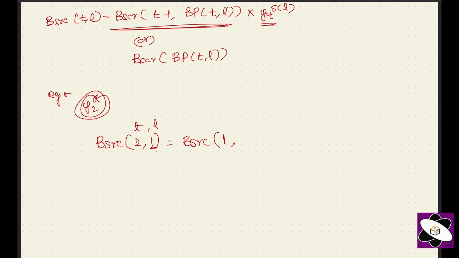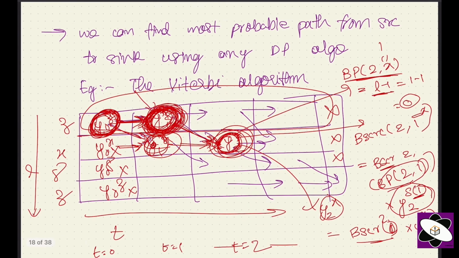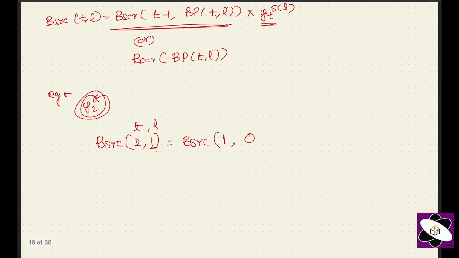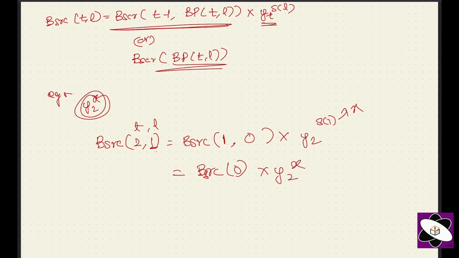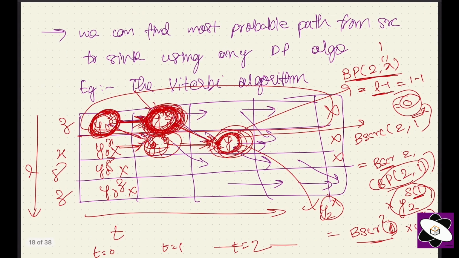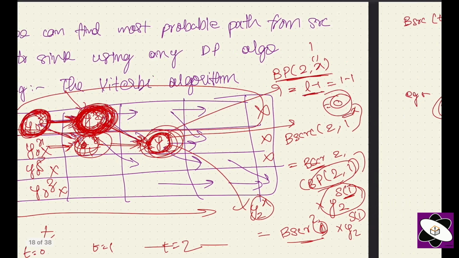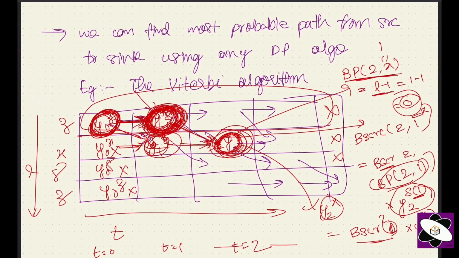So we are going to get bp of t comma l as 0, as I have shown you, into y2 of s of 1. S of 1 is nothing but x itself. So b score of 1 comma 0, or it is nothing but b score of 0 if we take this algorithm, into y2 of x. So b score of 1 comma 0, 1 comma t is 1 and 0, whatever probability we have over here will be multiplied with this thing. And when we found it is coming from this, this will be multiplied with this score. This score is nothing but